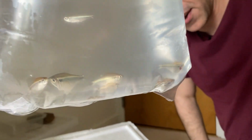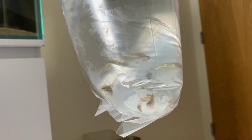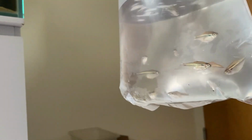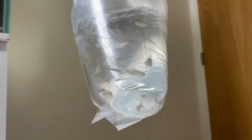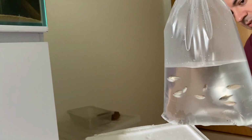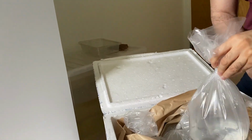So in here we have black neon tetras, actually very good size as well. They were advertised, I think, as 2 centimeter fish, but I can see that they're much larger than that. You are probably wondering, why do I order such a relatively bread and butter type of fish online when you can basically buy them in any local fish store? And that's true, but